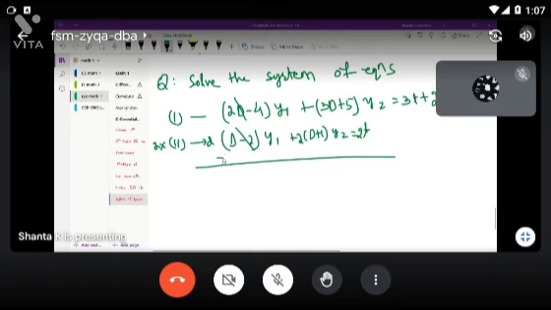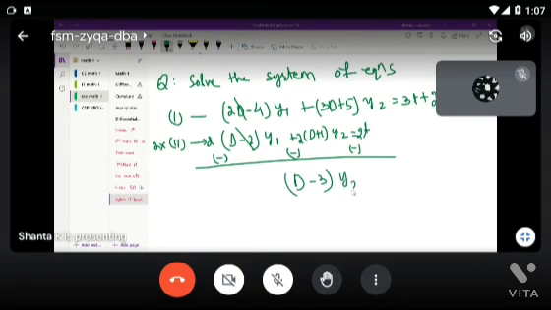Sorry, I made a mistake. This is minus, this is also minus. So 3D minus 2D is D, then 5 minus 2 is 3, y2 is 3t minus 2t, which is t plus 2. Okay, so it's easier, right? Now, if you look at the auxiliary equation, it's the easier one, m minus